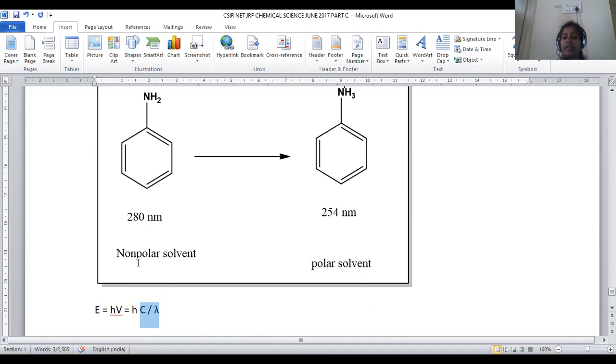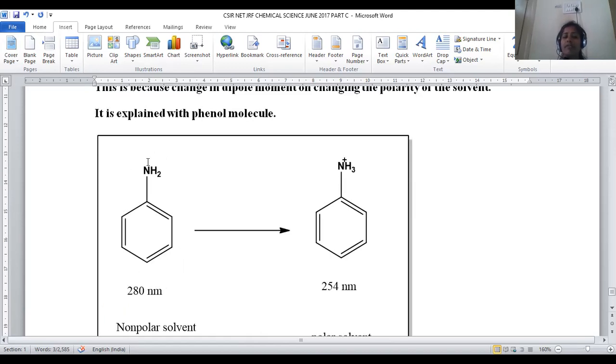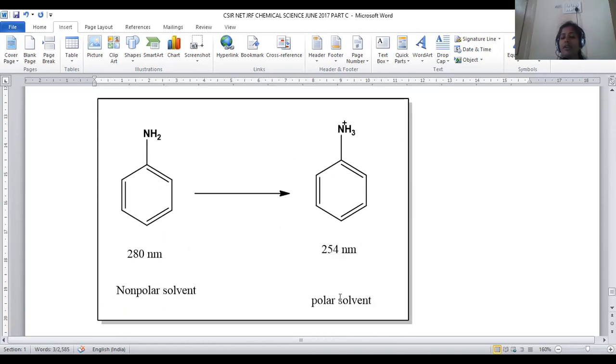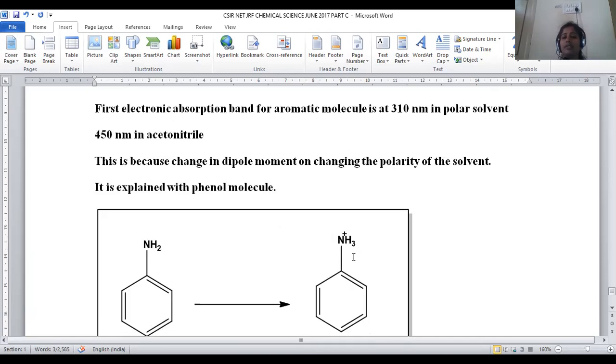Okay, if we are taking acetonitrile, being a non-polar solvent, it will affect the lone pair of electrons present in the nitrogen, which will be easily excited. Energy requirement is less. Subsequently, wavelength value will be more. In case of polar solvent, this lone pair of electrons combines with the polar solvent and gets protonated. Upon protonation, non-bonding electrons are lost, and subsequently pi to pi star transition is observed, but not n to pi star. So here the energy requirement is raised and the subsequent wavelength value is lowered.